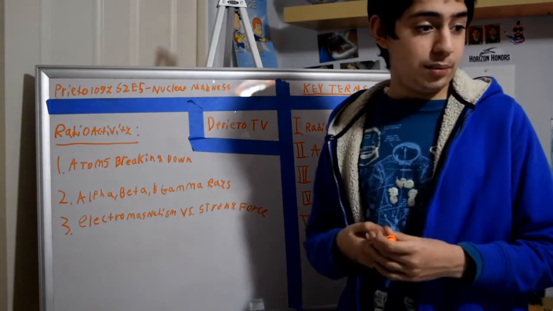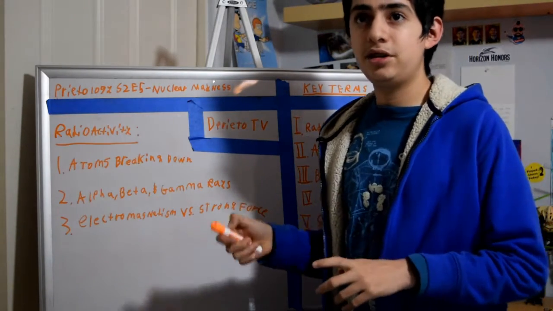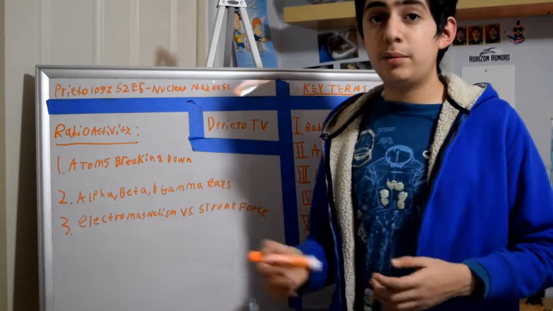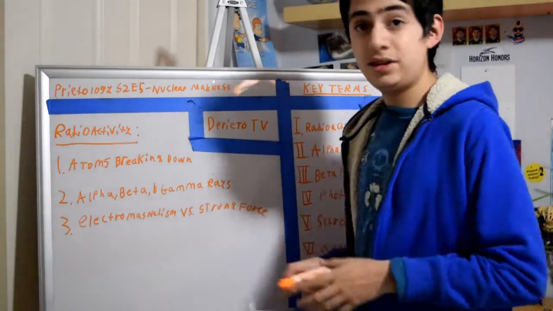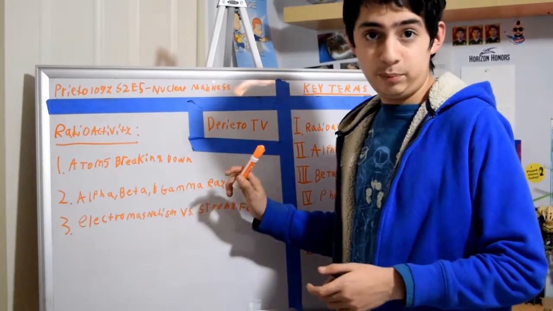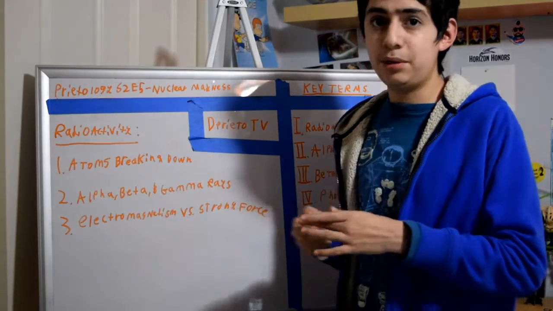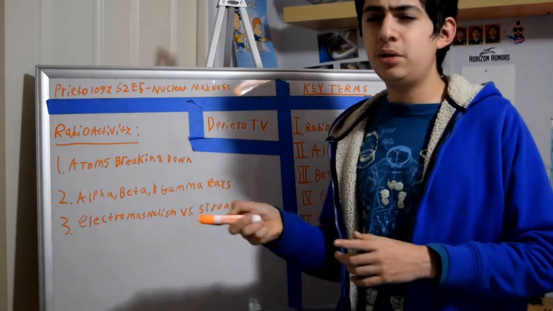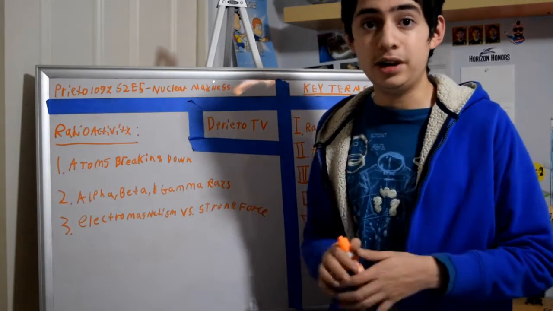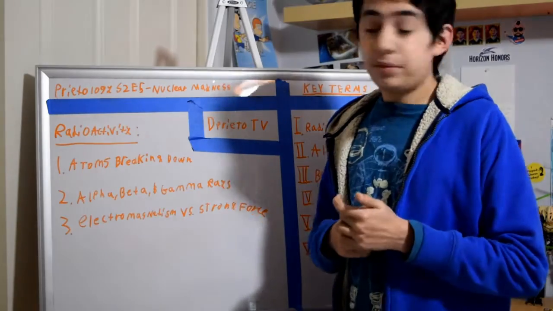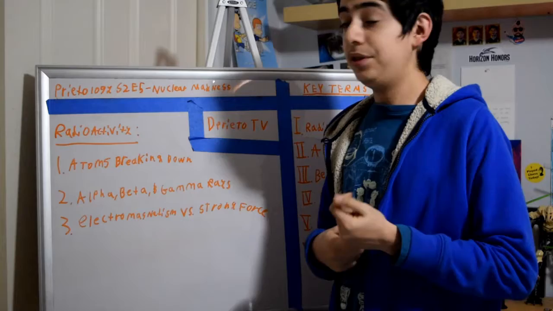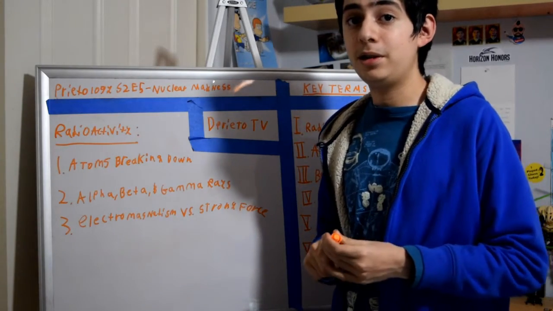Radioactivity is usually a battle between electromagnetism, which we'll talk about next class, and strong force. Both are fundamental forces in the universe. This makes a nucleus split apart and emit alpha particles, beta particles, and destructive gamma rays. We learned about gamma rays when we talked about waves 2 classes ago. They're very, very high energy and can cause cancer and split DNA. So fun fact, radioactivity was actually discovered in 1896, so it has been around for a pretty long time.